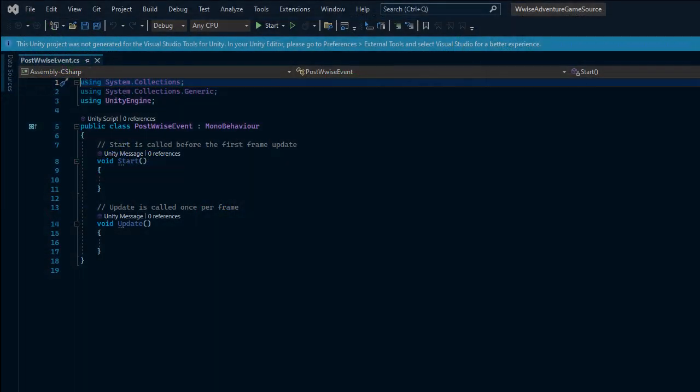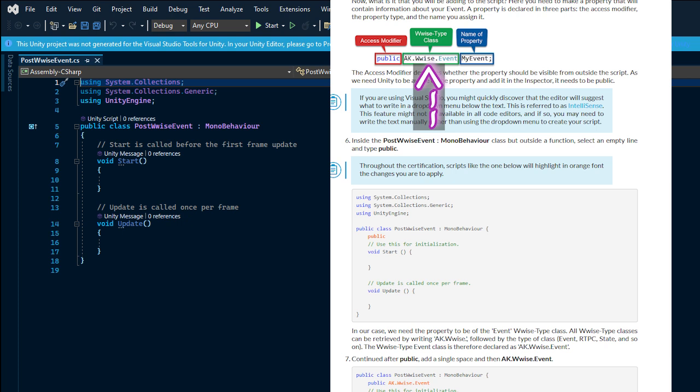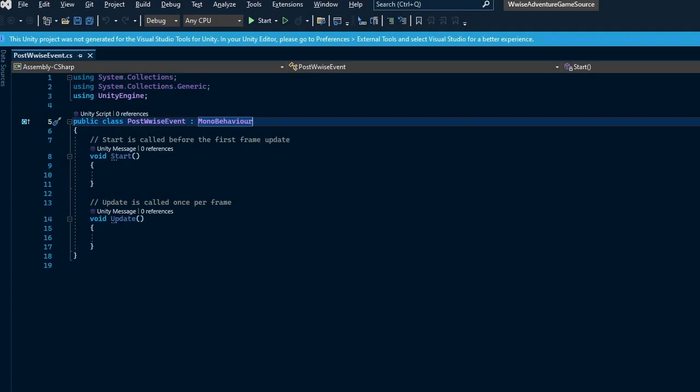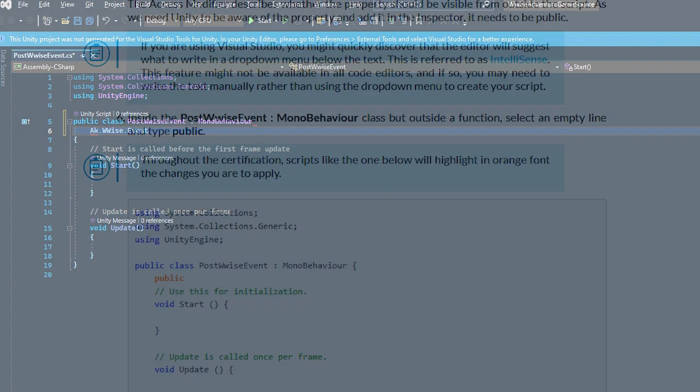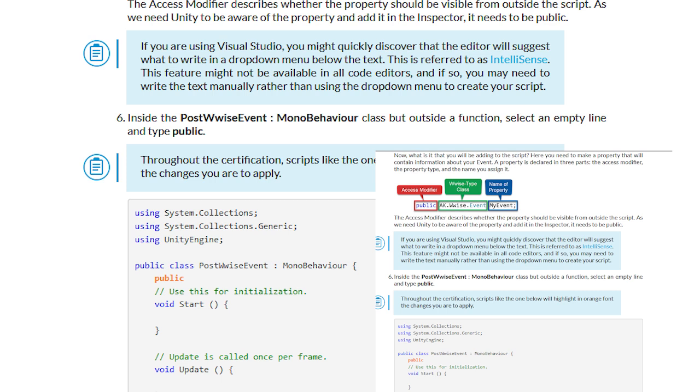debug view. Moving to the green box, we will be defining the WWise types class. Remember, our goal is to create a WWise type event class variable, just like a property you would see in an AK component. Typing out capital AK period WWise period pops up a recommendation for a potential class type. Conveniently, it offers the event class type, which I accept, though the lesson notes there can be other class types that tackle different features you can make a script for in Visual Studio, such as states or real-time parameter controls. Don't worry about understanding those for now, and let's just focus on the event class type and what it will